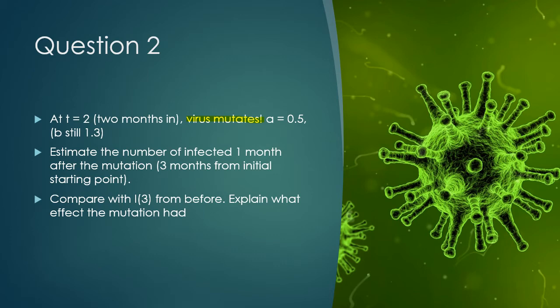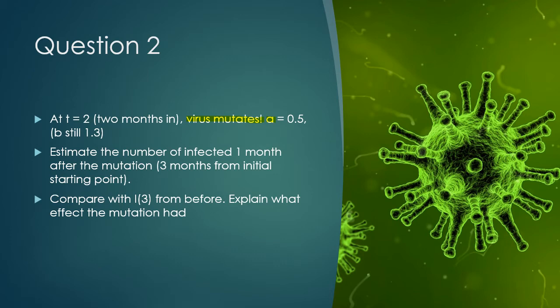And so remember, we start at t equals 2. So to do this, you need to choose your initial conditions to be what you found in part D of the previous question. We saw that we found S and I at t equals 2, so use those as your initial conditions with this new A value over here, and then find out what I of 1 is in that situation